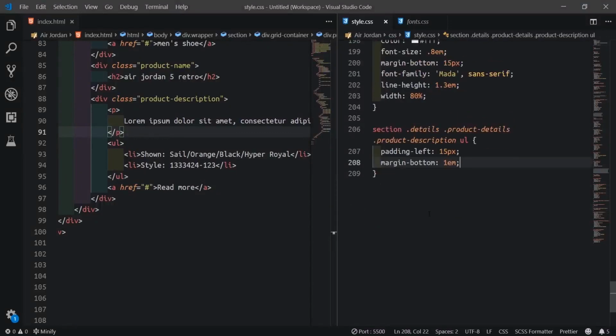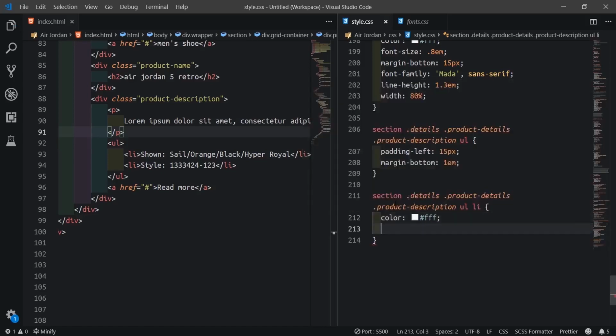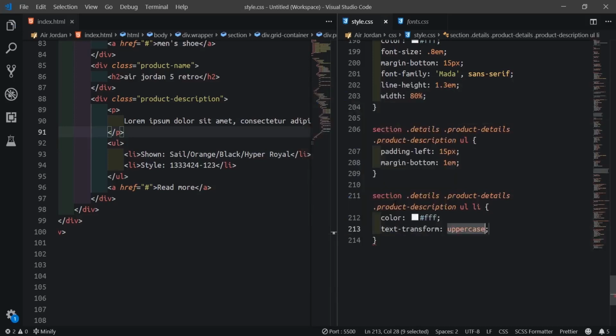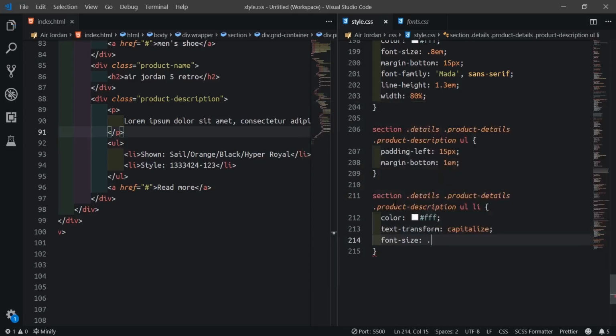So the next thing we'll do, we'll target the list items inside. So for the list item, the color will still be white. Then text transform will be capitalized. And font size 0.8 em.